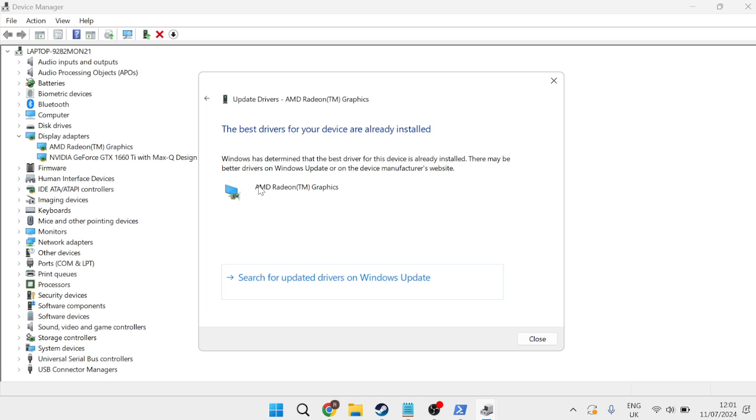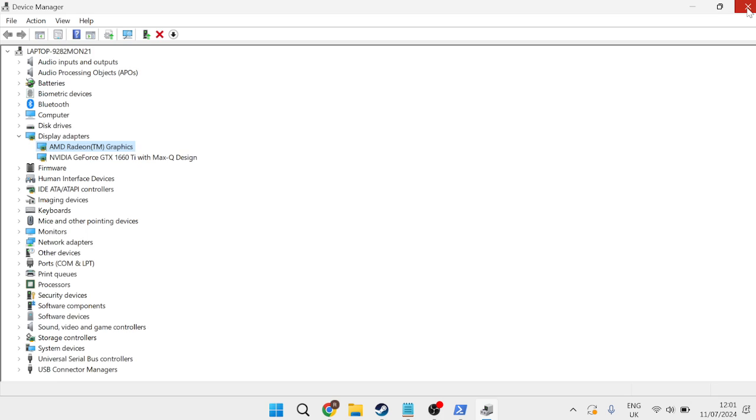So for instance, because I'm running an AMD graphics card, I can head over to the official AMD graphics card driver website and install the latest driver from there. If you're running an NVIDIA graphics card, you can do exactly the same by heading over to the official NVIDIA website. And once you've ensured your graphics card is fully up to date, we can close out of these windows,